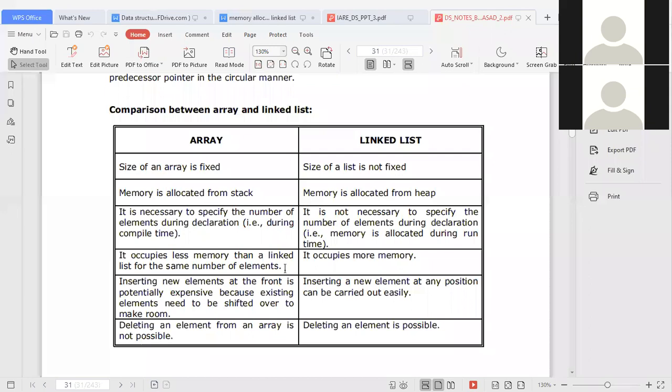How many portions does each element of an array contain? Each element of an array contains only a data part, not a next address part. But whereas in the case of a linked list, each node, element in the sense node, contains two parts. One is data and the other one is...